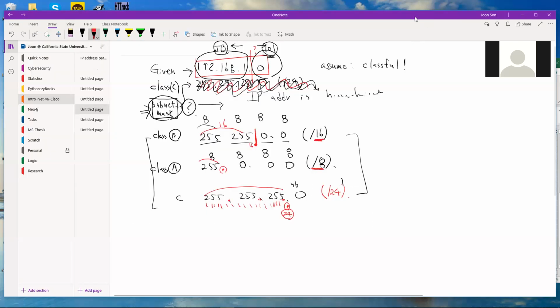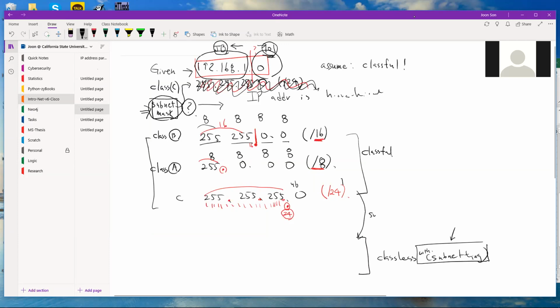So basically, this is the classful, and then we're going to learn classless, especially classless with subnetting. And by the way, we have not yet even talked about subnetting. I'll talk about it, but in this transition,